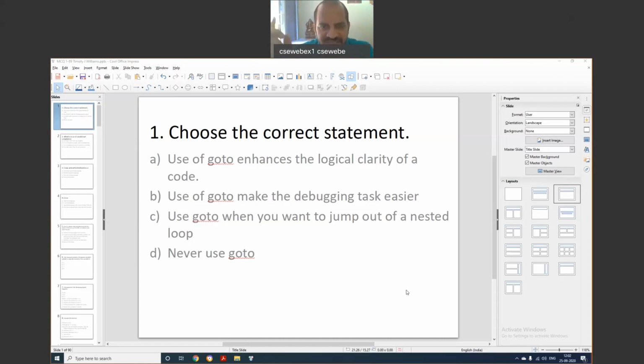Yeah, this is clear. Goto label we will write. The goto label is like a variable name. Any name we can use. There is no need to define that name. Simply we can use any name which is not used in the